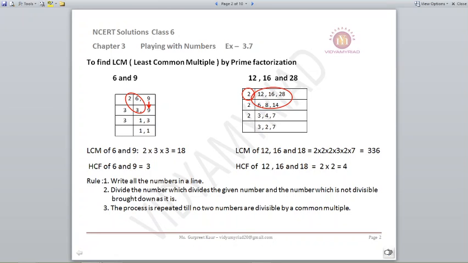Now the second step, if you see, 6, 8 and 14 are again even numbers, and again they will be divisible by 2. So I will write 2 on my left side, and below 6 it will come 3, below 8 it will be 4, and below 14 it will be 7. I can stop here also. So my numbers become 2 and 2, and I have to write down the remaining numbers 3, 4 and 7.